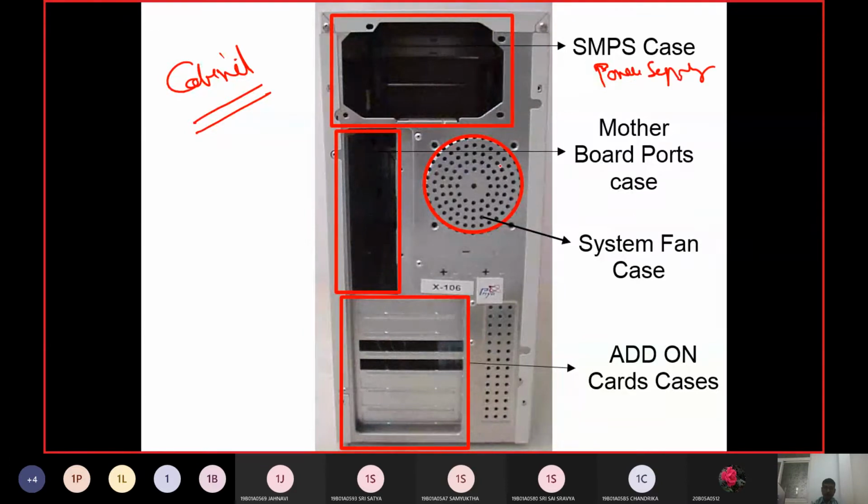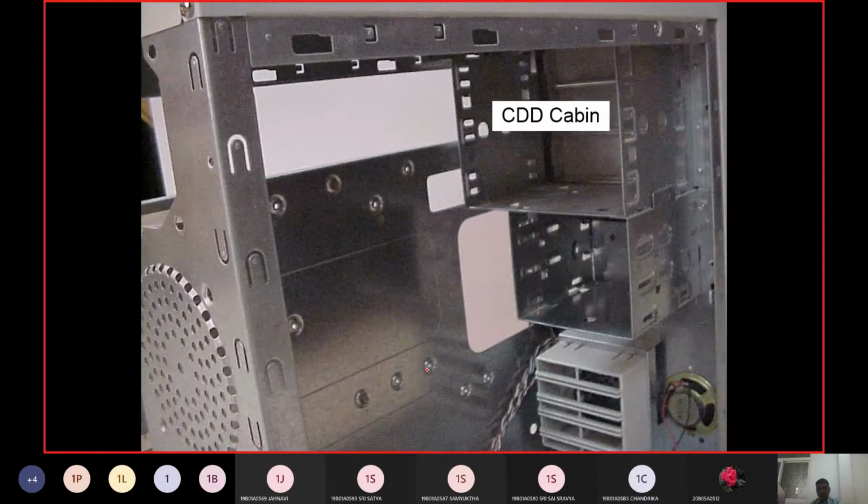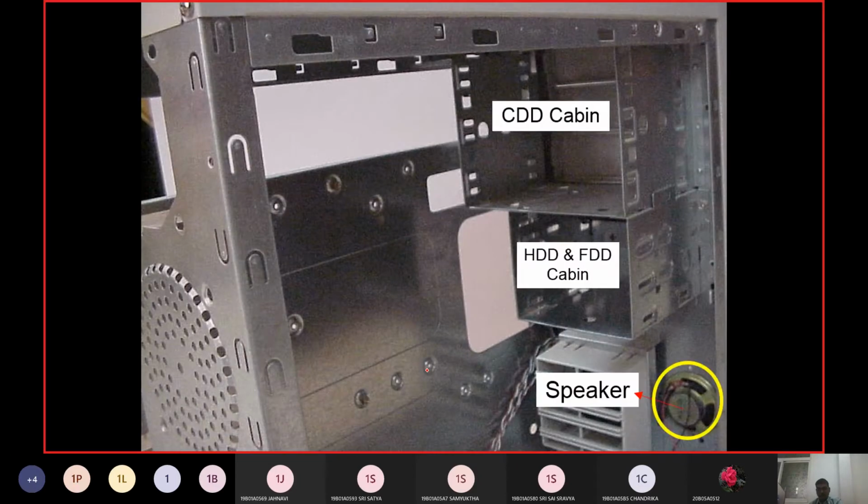Then you are going to put the CPU at this position, and obviously you need to have a fan for it, because you need to cool the CPU. So for that you are going to put in the fan. And then we have add-on cases, that is, if you are having more than 2 or 3 hard disks, then they can be adapted at this position. For that we are going to use cables.